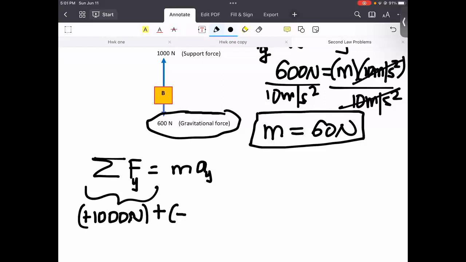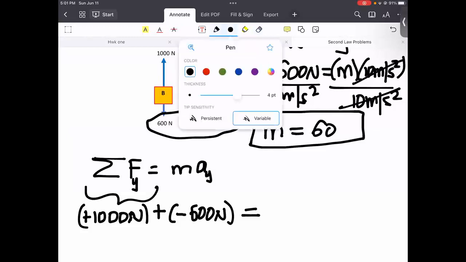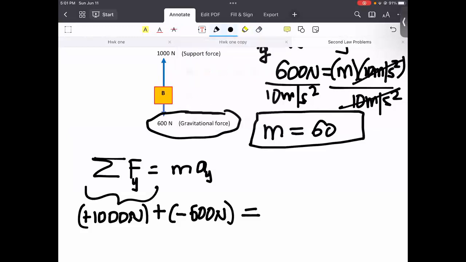So I put minus 600 newtons. The result will be mass times acceleration. I had the mass in newtons, that's not correct here. This should be kilograms. Okay, so 60 kilograms